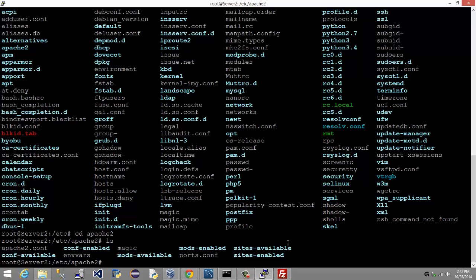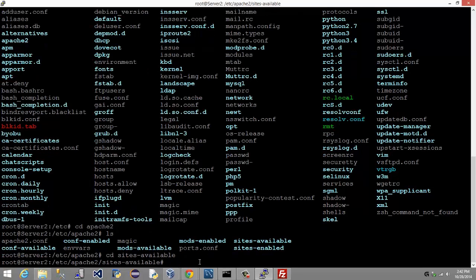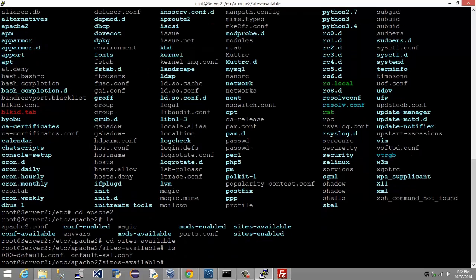And I need to configure two files. The first file, I'm going to do this on purpose. I'm going to purposely make a mistake that a lot of people seem to make: I'm going to first dive into cd sites-enabled, or excuse me, sites-available. And I'm going to do a list there. Now I can see that there is a default configuration file in there. So if I just do vim and open up that default configuration file,